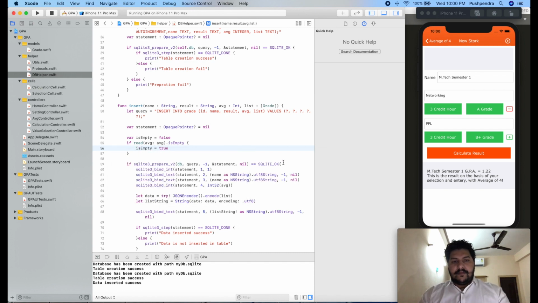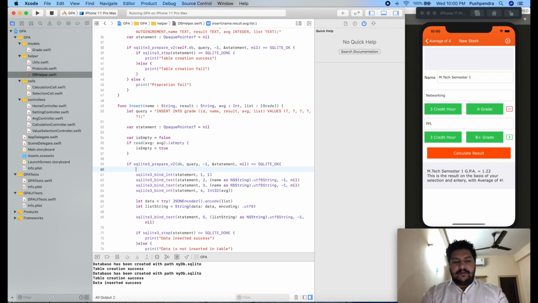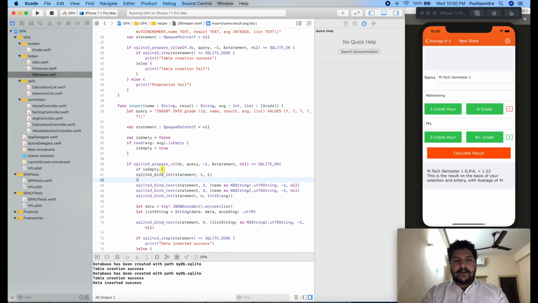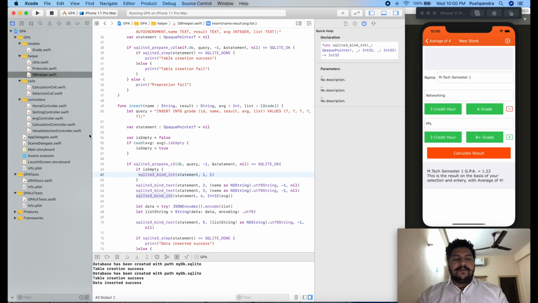So here what we have to do, if isEmpty, then we have to insert our id, otherwise we don't need to insert.